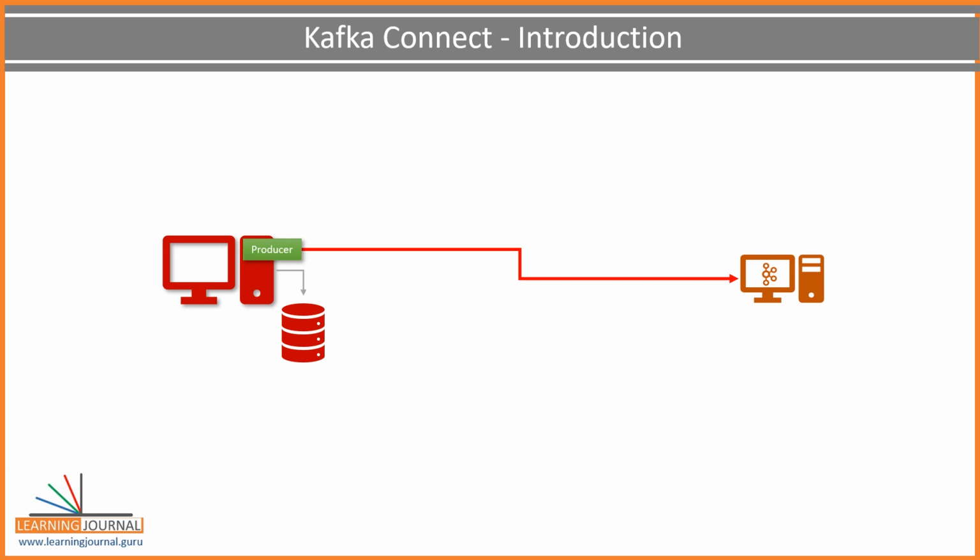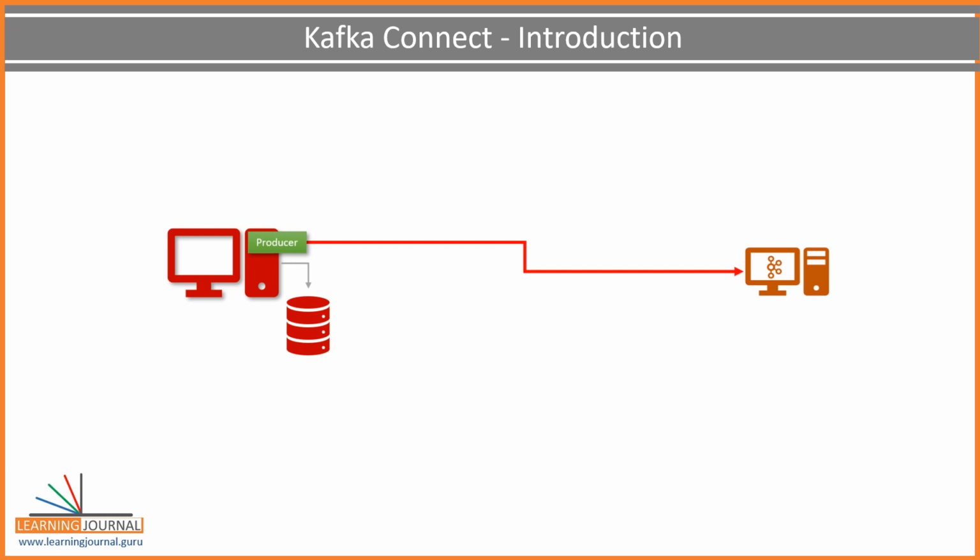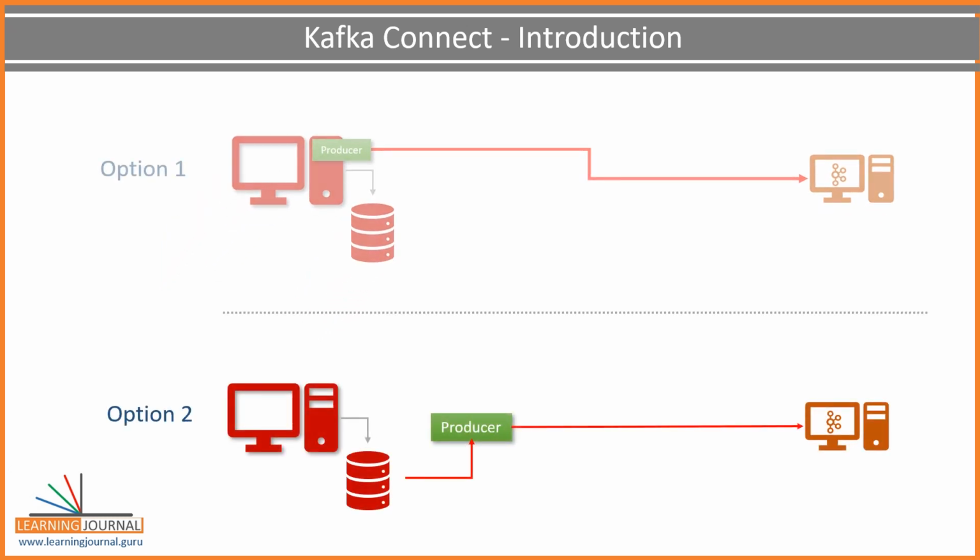Simple and straightforward, right? But what if you do not have the source code of your invoicing application? Or you realize for some reason it is not practical to modify your data source application. Then what? How do you send data? You can create an independent Kafka producer for reading and writing. On one side, it connects to the source application database, reads the data, and sends it to the Kafka cluster on the other side. Simple, isn't it?